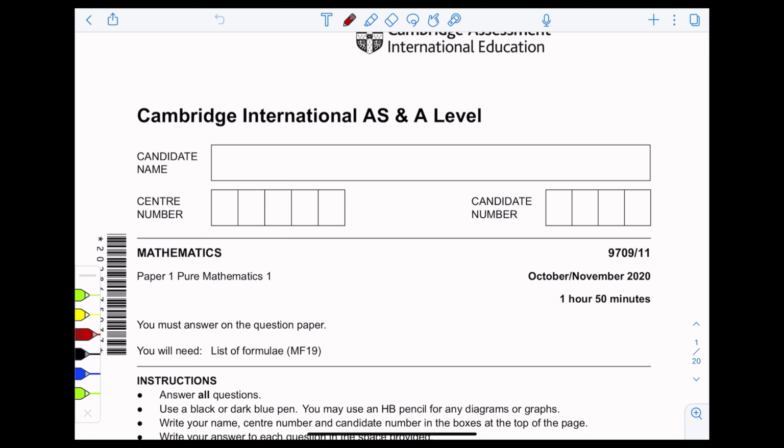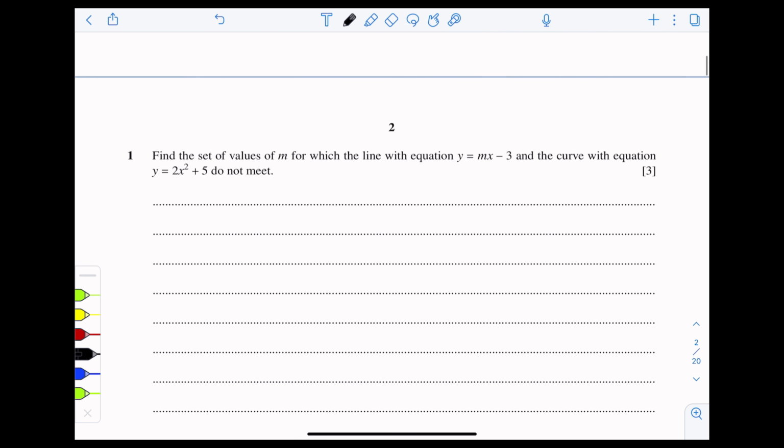We are solving today this paper, November 2020, paper 1 variant 1 1. Look at this first question of this paper. Find the set of values of m